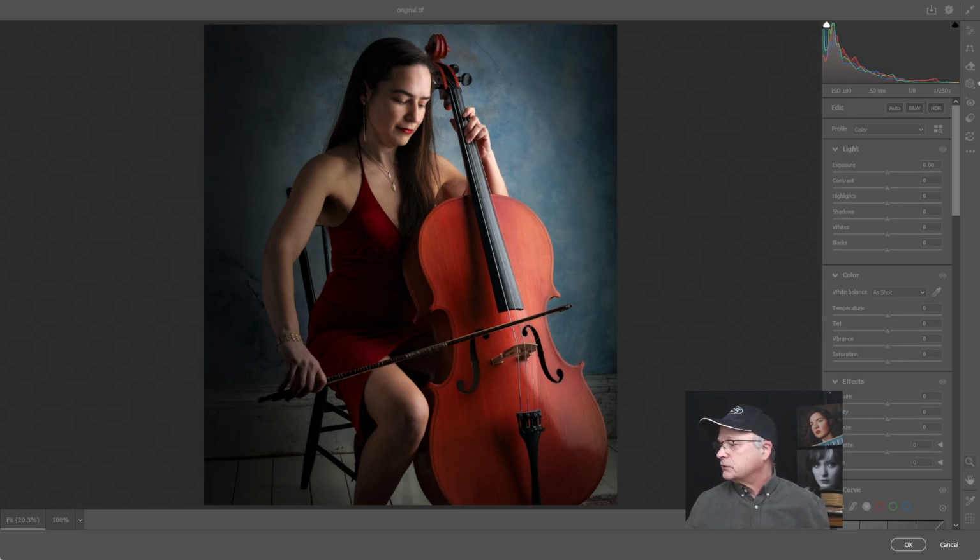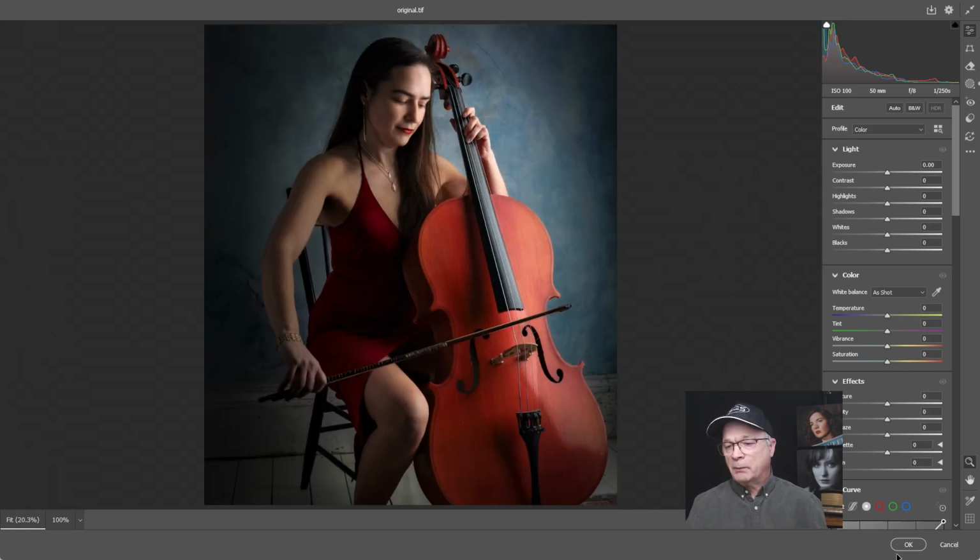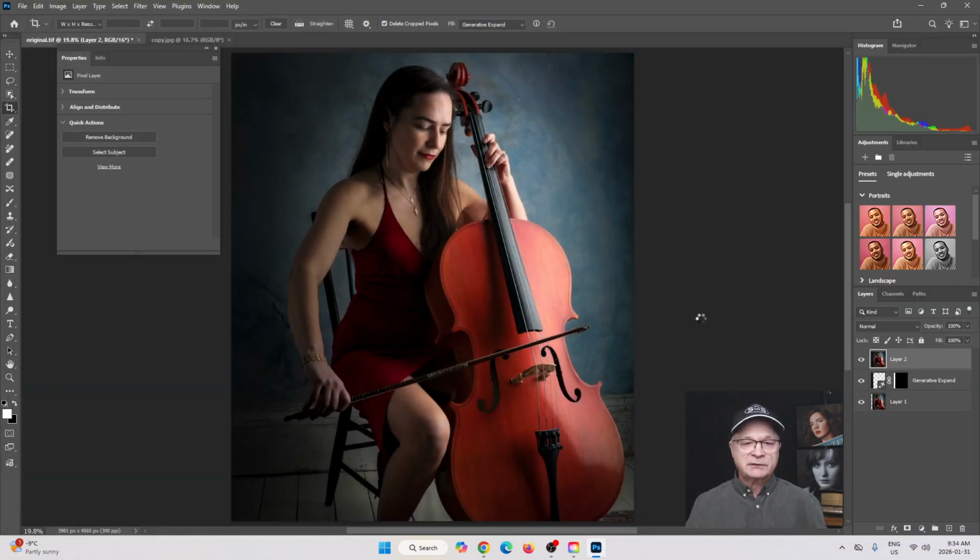Now, it also suggests crop refinement. So now it's suggesting a bit of a crop. The crop is strong, but trimming a touch from the bottom of the floor area could tighten the composition and keep the focus higher. Okay, well, fair enough. So let's do that. Let's go ahead and let's go back over to Photoshop just for a second. And let's go ahead and do a crop on this.